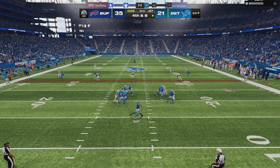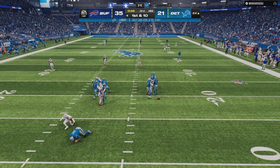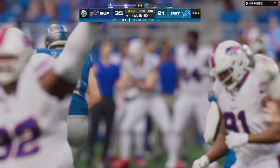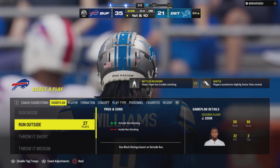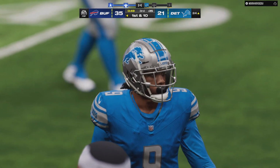They go ahead and snap it. Gone. Oh, hit as he throws, and this is going to be incomplete. Boy, a curious decision to go for it. Doesn't pan out, and the Bills are going to